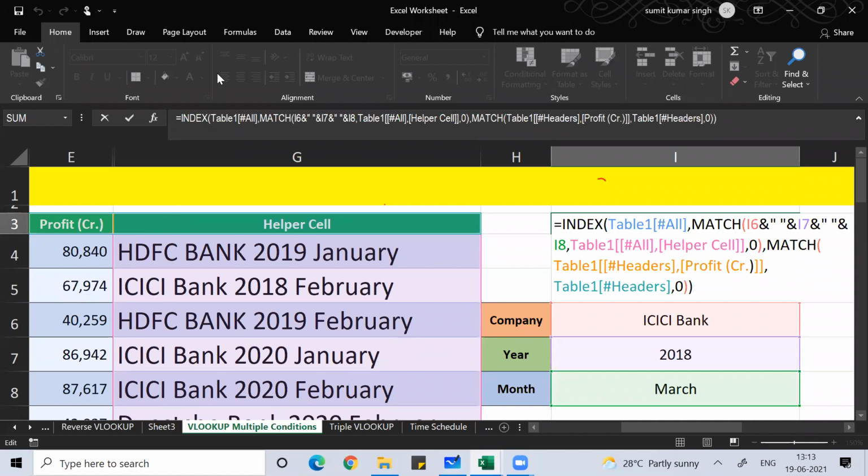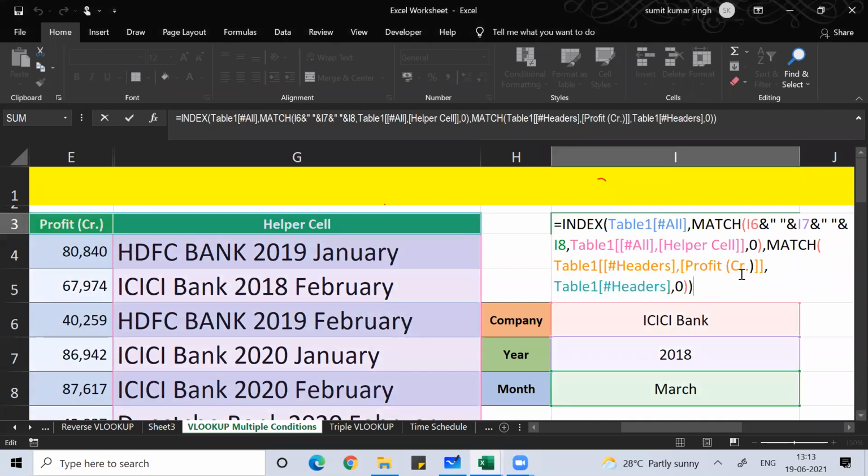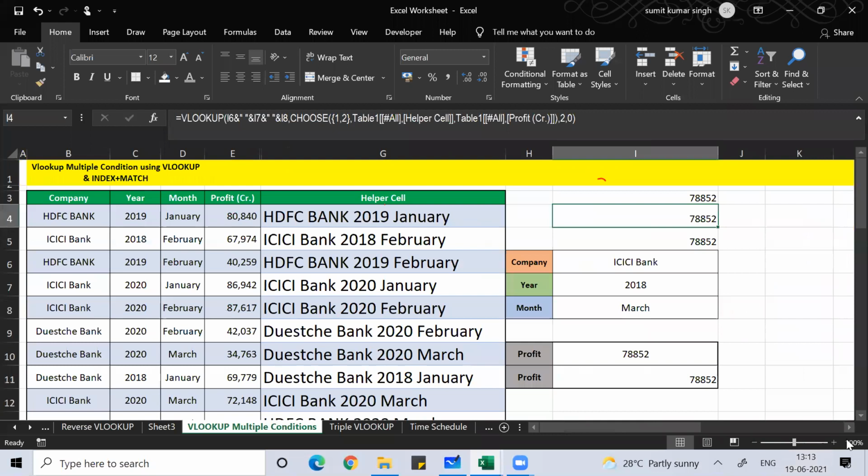Clear, everyone? Practice this, guys. Do practice by yourself, everyone. This is the data given to you. Practice working with VLOOKUP, INDEX and MATCH functions, change the scenario, and just try to figure out how to get the answer. Ask me if you have any doubt. Everyone, please try to practice this.